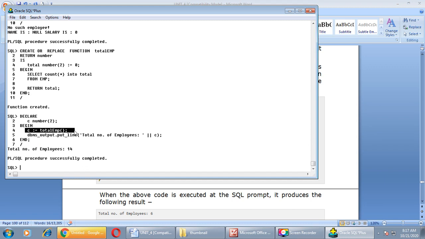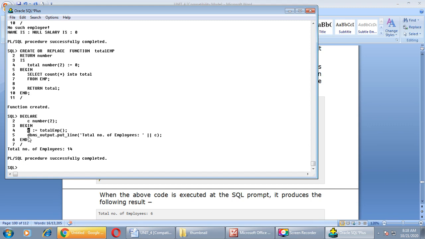As all of you know that a function always returns a value, so we have to assign the function to the same data type which it will return, right? Here number is the return data type of this function, so we have to assign the total employee function to a variable of the same data type. Observe the data type of C, it is also declared as a number, and here total is also declared as a number. So whatever value we get through this function will be assigned to the variable C.